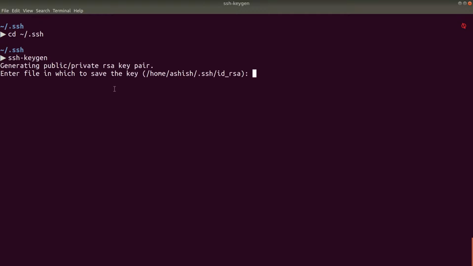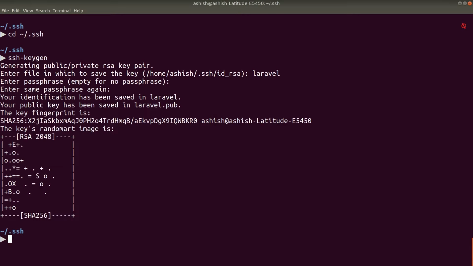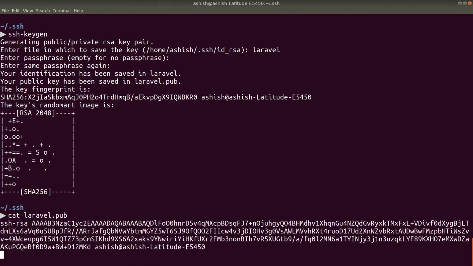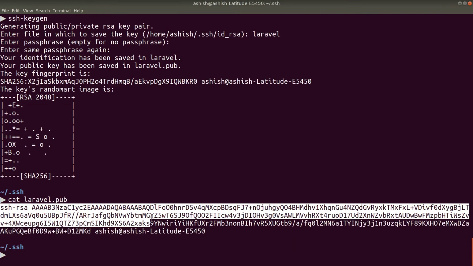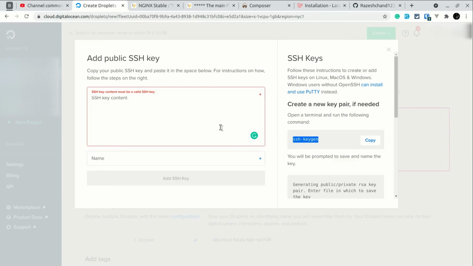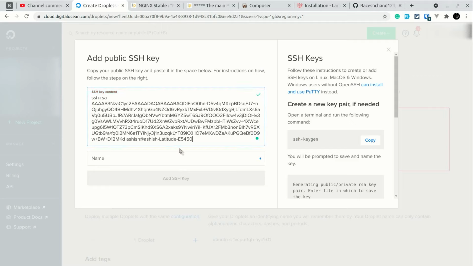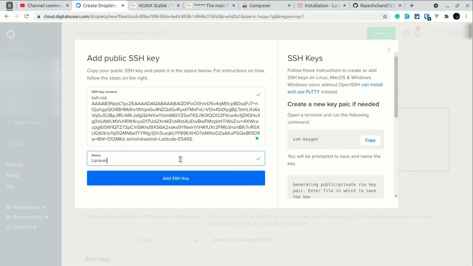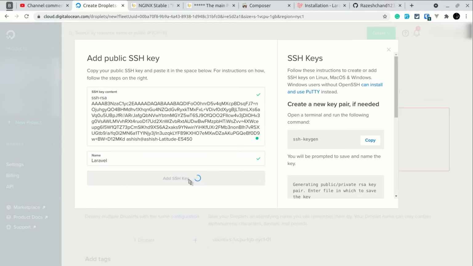And here it will ask for the file name, and if you have multiple projects then just give it the name of that project. So here we'll give Laravel like this, and for now we'll not add any password. The SSH key has been created. Now we have to just copy the contents of the public SSH key into this box. So here we'll say cat laravel.pub like this, and here we can see the public SSH key content. So here we'll paste it, and here I'll give here Laravel like this, and I'll just add that SSH key over here,